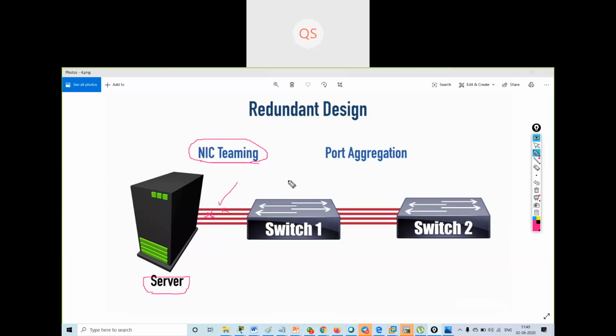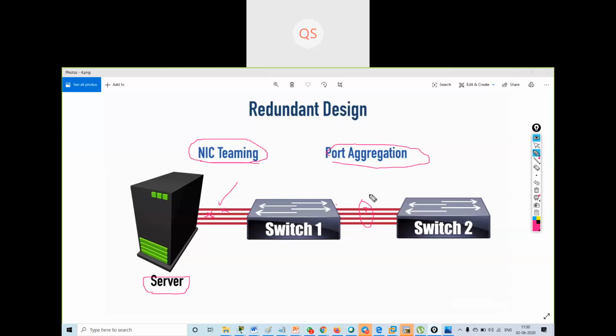Now, if you remember the concept of EtherChannel, or port aggregation, I can have redundancy between two switches also. I can create a bundle and aggregate the ports. If one link fails, I still have access because I have a redundant path.